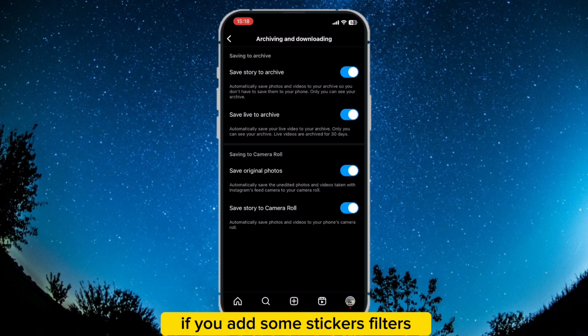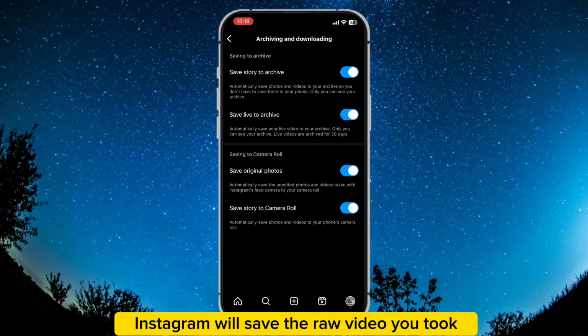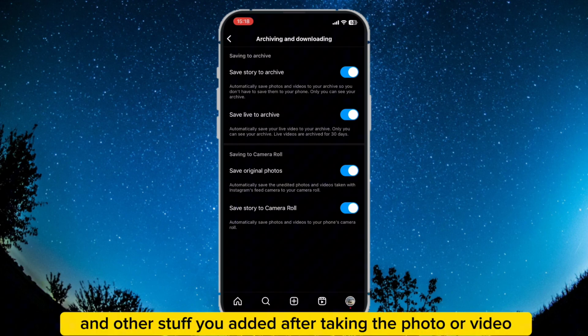If you add some stickers, filters and music to your photos or videos, Instagram will save the raw video you took, so filters, stickers, and other stuff you added after taking the photo or video won't be applied